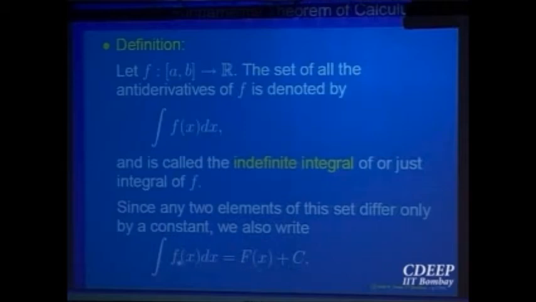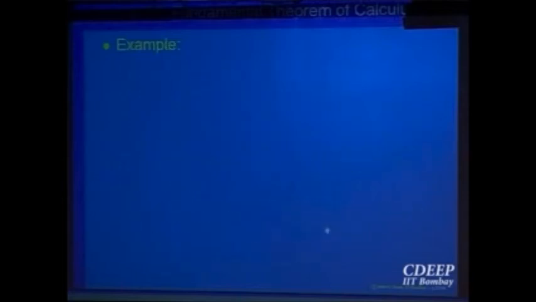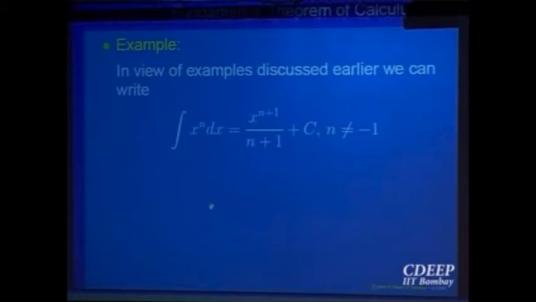So loosely one writes that this set is equal to F(x) plus c. This is only a way of writing. And this is also nice because once you put the limits, it gives you F(b) minus F(a). So this is only a way of writing what is called the indefinite integral, because I think in school normally you are just asked to write it as a number, but that is not a number, it is only a representation. So let us not go into that.